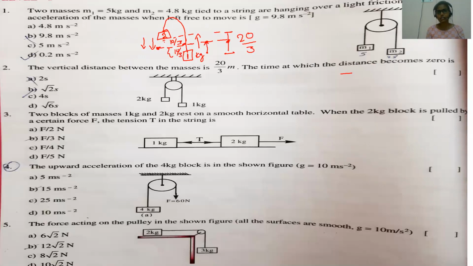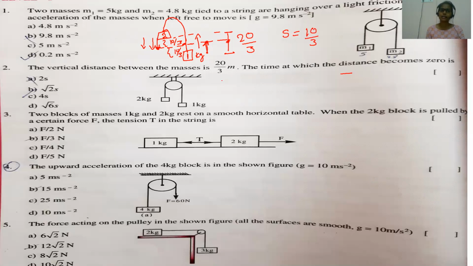So here to here distance, here to here. That means the time it takes to come from this point to here is the same time it takes from here to here. So we can take t by 10 by 3 and 10 by 3. So finally the distance taken by the body when initial time t is equal to 0, what will be the distance? It is 10 by 3.